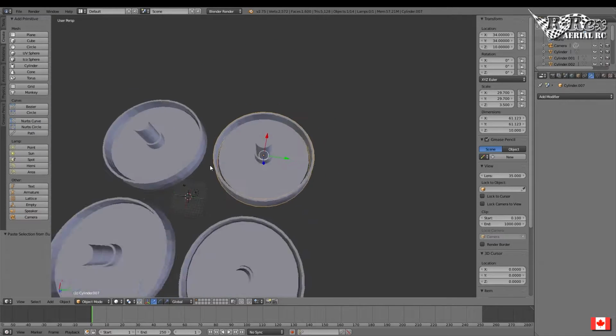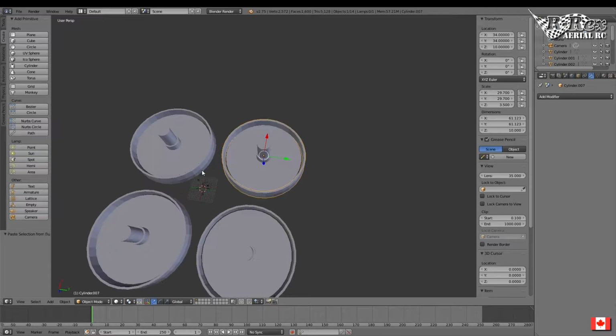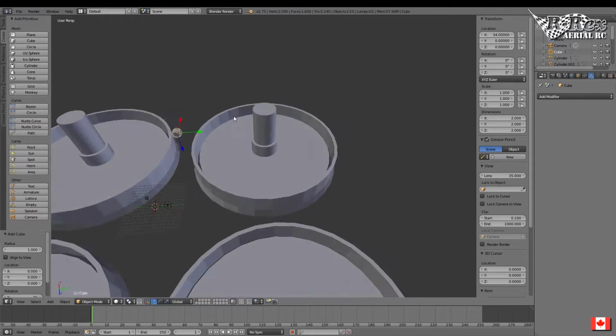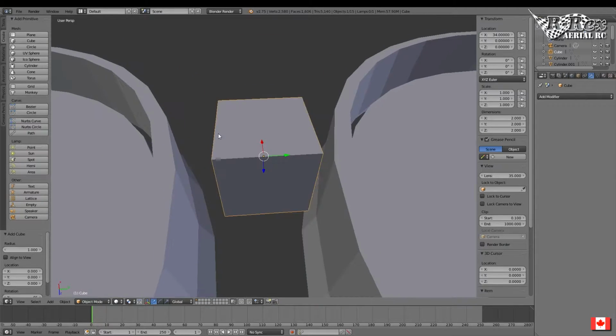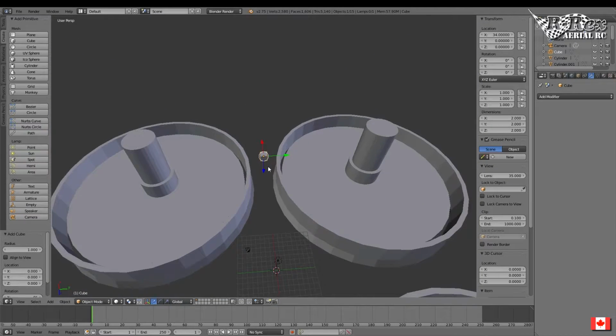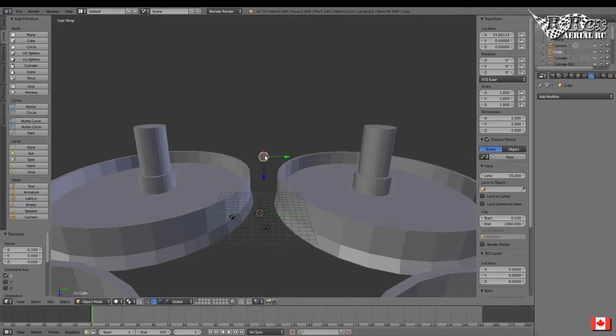So not too bad. Okay, so now we need to add a bit more strength here. So we want to actually join these motors and everything together. So to do that, I'm going to create a cube. Now, 34 on the Y will line us up dead center and then 0. So our next step is I'm going to press period to zoom in on it, set my height,